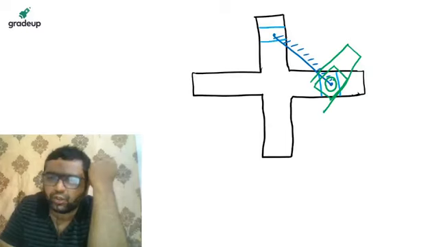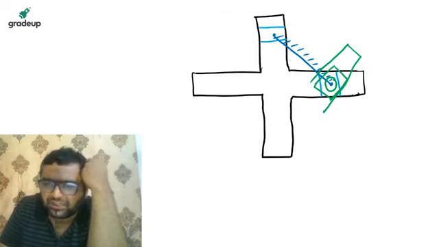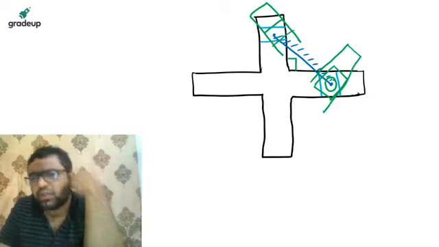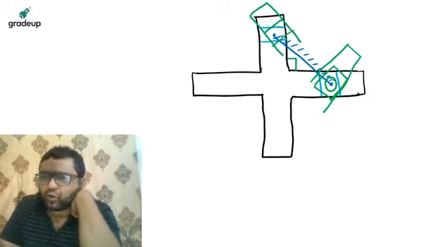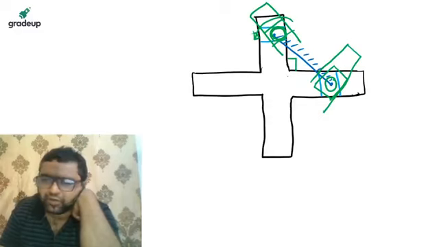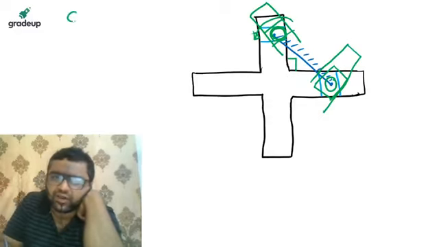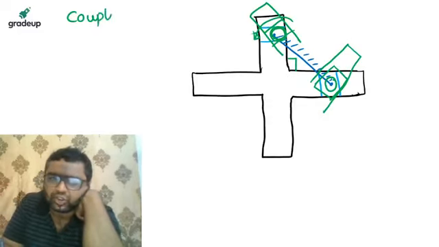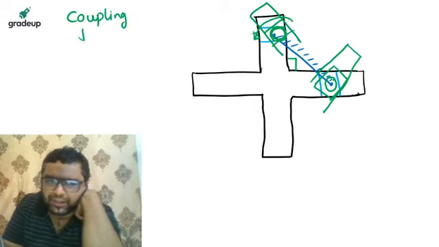And if this is going to rotate, you know that slotted bar, obviously this is a fixed one and 90 degrees the angle between them. This part of bar will rotate in this direction. So the slider will also rotate in this way. Now if you are going to attach an output shaft with this slider, that is also going to rotate in this direction. So my dear, you are able to transmit the power from one shaft to another. This is the work done by the couplings. So my dear, this coupling which we have obtained by this mechanism, it is said to be Oldham's coupling.